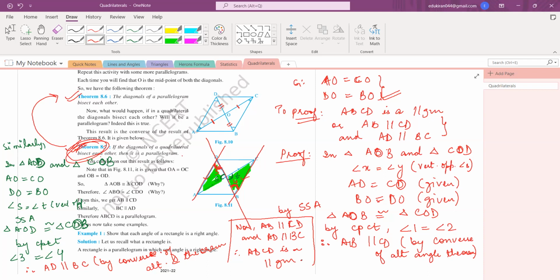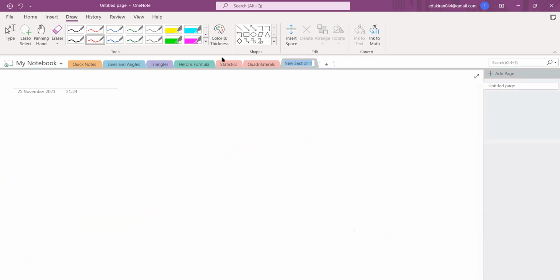Okay, before coming to examples, I want you to write something in your copy, and this is very important. Let me just summarize all the theorems for you so that you are able to quickly revise them. So you write it like this: properties of a parallelogram. You can write it complete also, but I'm writing it short, like in a parallelogram. Now there are four things. First,